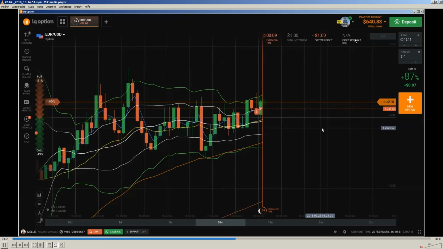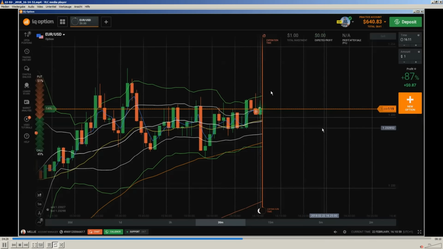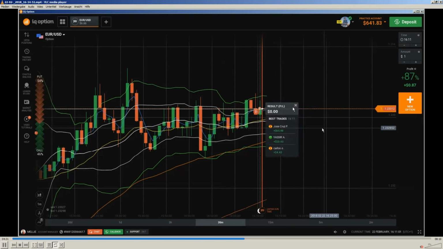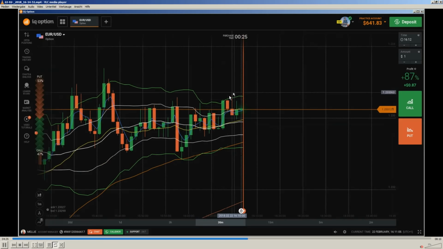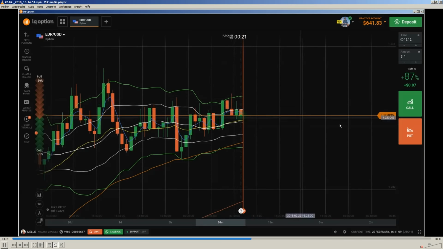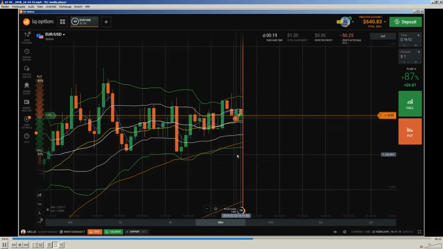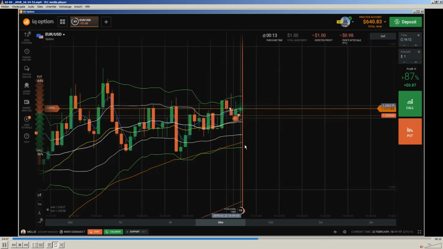And this wick above is telling us that we have strong selling power here, and this will unfold like I have shown you often in the last few seconds. Okay, that was a draw, but at the end it shows selling pressure, and that is maybe also the reason why I'm doing another put here. That can happen also. As you see, I enter again into a put because of this candle here, and that is